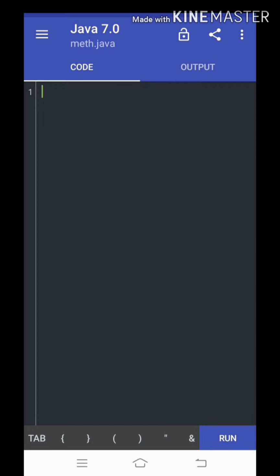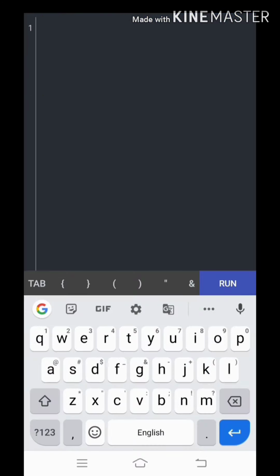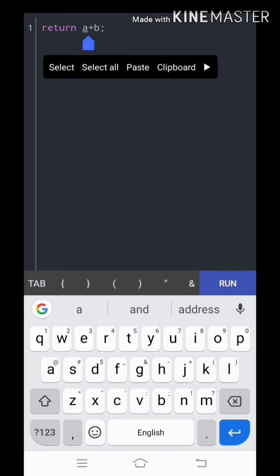Now coming to the third topic, method with parameters and with return type. First of all, I would like to tell you one thing. When we are dealing with return type, when we write return a plus b, what we need to observe is what the data types are for variable a and variable b.